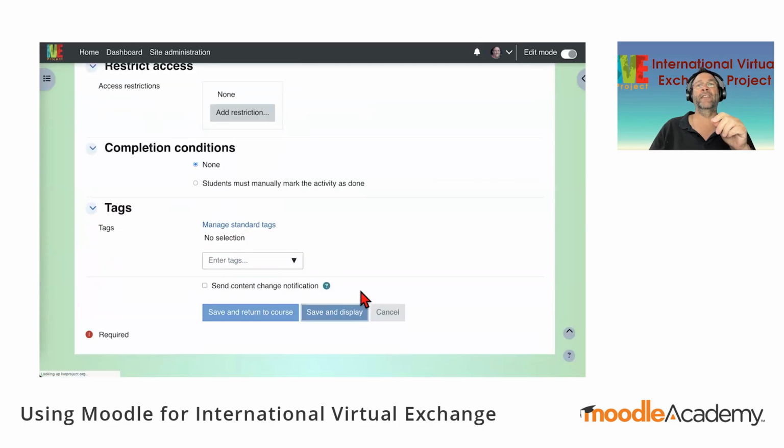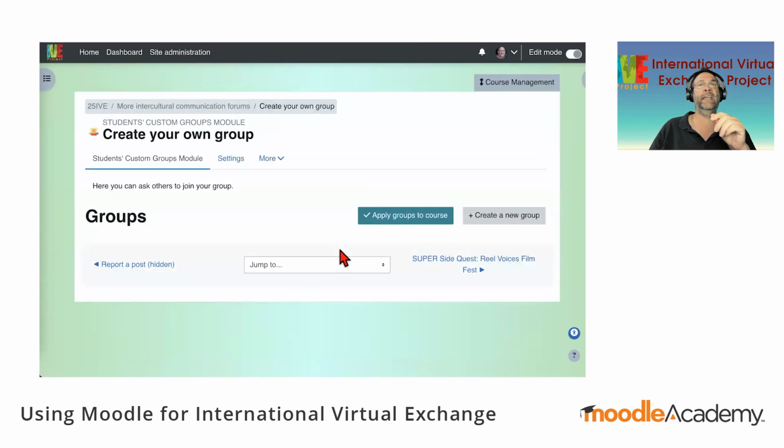When we click on that save and display, it comes to here. Students can create a new group, or they can join a group that's been created. And once this time limit is up, all I have to do is click this button and the groups are automatically created.